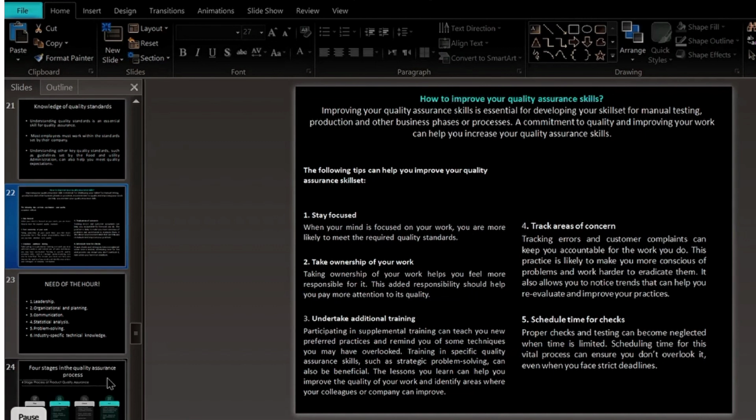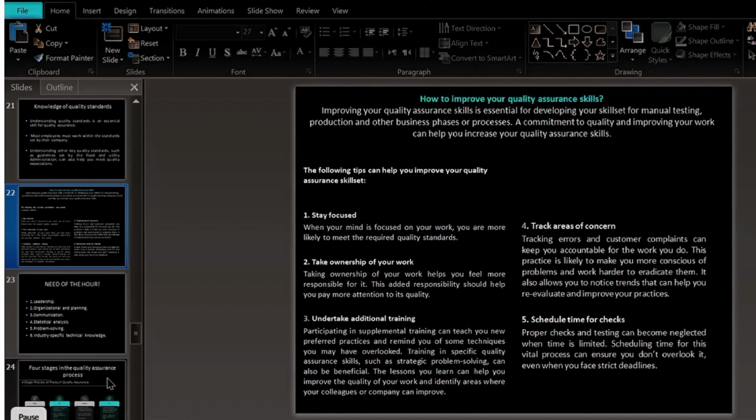अब मैंने ये बात पहले भी कहा था कि अगर आप आइडेंटिफाई करते हैं कि आपका जो there are certain strategies or skills that you might be lacking at. So इसमें हरगिज़ कोई भी there isn't any harm in relearning what you have forgotten or learning what you have never heard before. So जो आपने कभी नहीं सीखा उसको सीखने में और जो आप भूल गए उसको दोबारा सीखने में कोई हर्ज नहीं है. आप कोशिश करें to undertake additional trainings, the short training certifications, and participating in supplemental training can teach